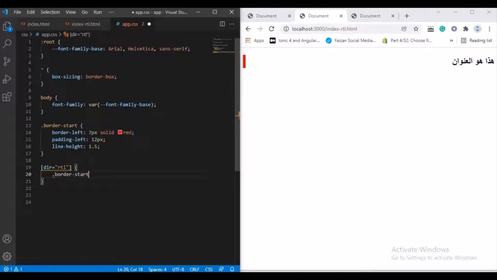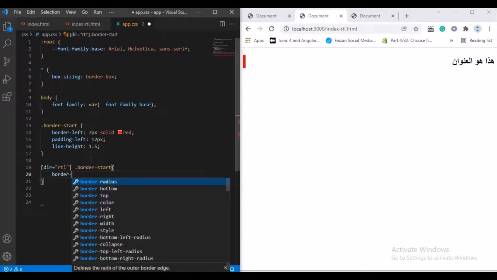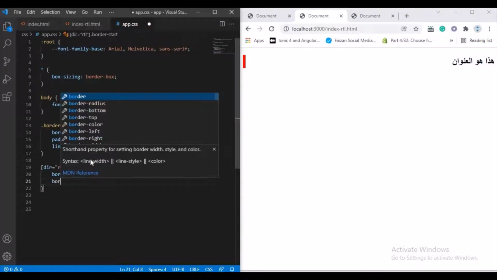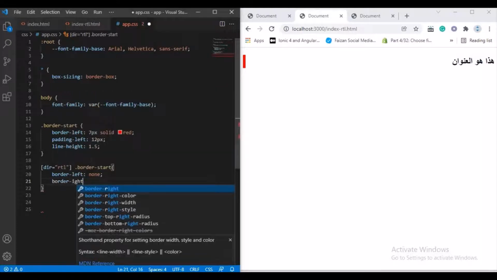override like this one. So suppose we have, oh sorry, I'm using CSS, not SASS. So yeah, okay. So we will write border left 0, border left none. We will apply border right